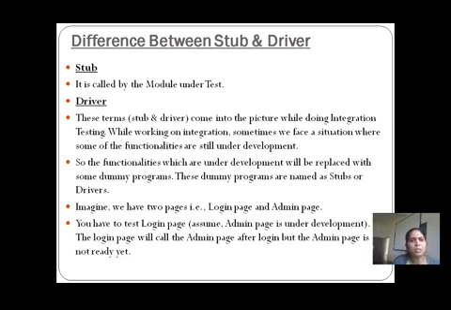Why? Because the stub is the module that is called by the module under the test. We want to test module A, but module A is dependent on module B, where the development process of module B is not yet completed. Why? Because it is an ongoing process. So we can say that module B and module A both are the module under the test, and that is the concept behind the stub.